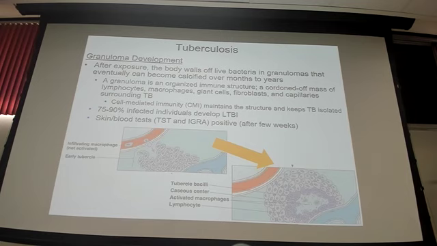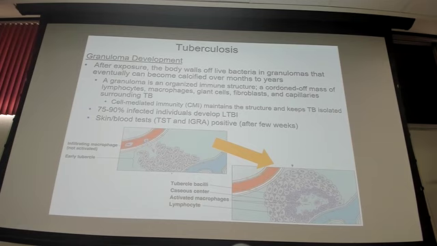Looking a little bit more carefully at what these granulomas are, it's just a pile of different immune cells that happens in the body. Very organized. We've got lymphocytes, macrophages, giant cells, Langerhans cells, fibroblasts, capillaries, a whole bunch of cells. Very coordinated, very organized. And they start building up around these bacilli. In the center of these granulomas, it's a pretty toxic environment. Over time, it starts getting liquefied. Anything that was viable in there gets destroyed, with the exception of some of these hardy resistant bacteria. They may or may not die in those granulomas.